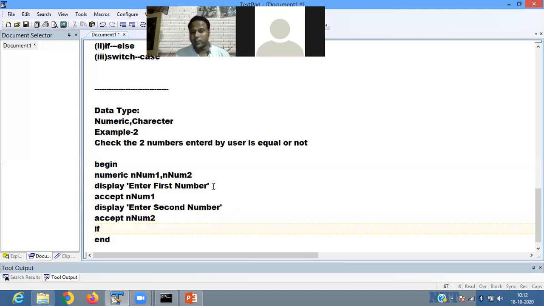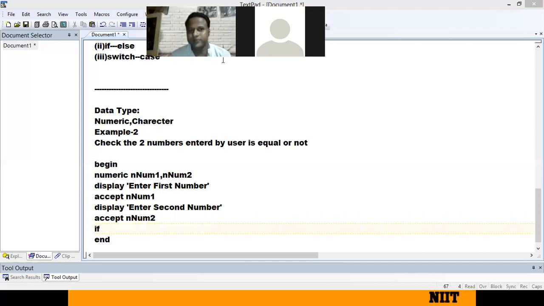Okay, so for checking the equality, which operator is used? Can you write in the chat box? Which operator is used for checking the equality, whether the two numbers are equal or not?